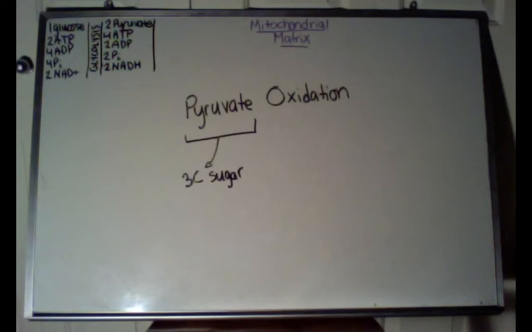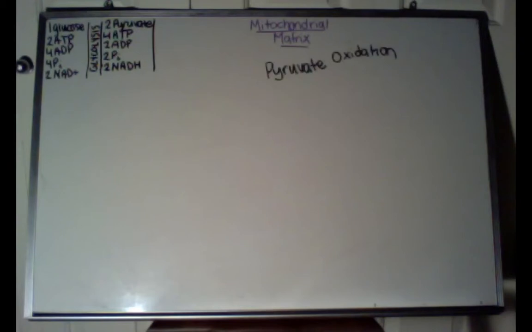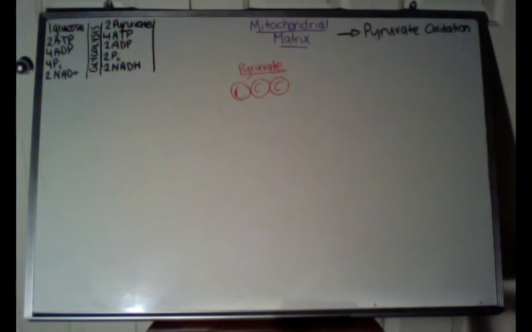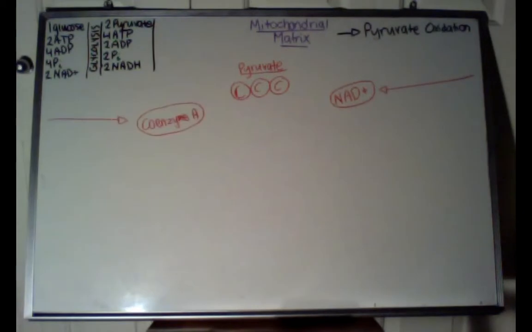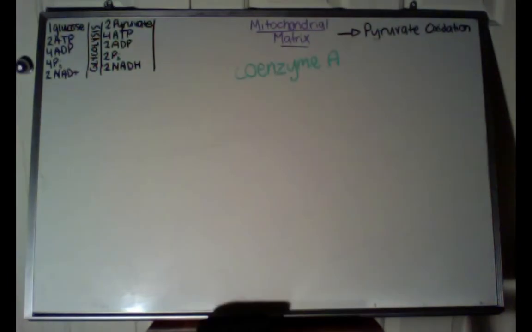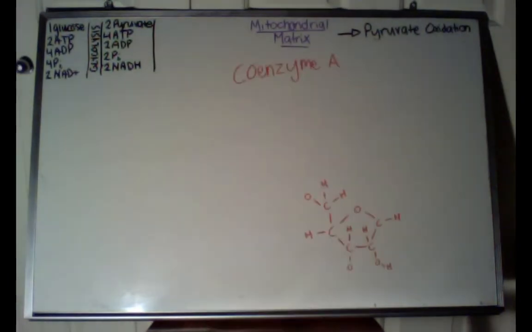If we look at this word carefully, pyruvate is our 3 carbon sugar we produced in glycolysis, and oxidation refers to a loss of electrons, whereas reduction refers to a gain in electrons. May seem a little counterintuitive, but that's the way it is for now. So we have our pyruvate that is produced, our NAD plus comes along, and coenzyme A. But stop again. What is our coenzyme A, or CoA? Well, it is a coenzyme,